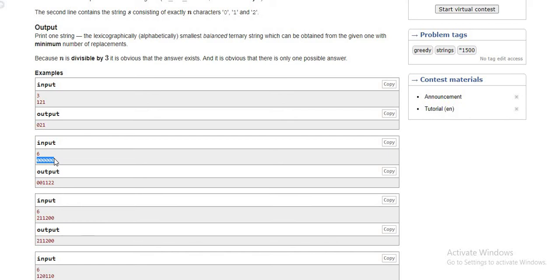Here the length is 6 and I need to split the string into three equal pieces. One piece for the 0 character, second for the 1 character, and the third for the 2 character, that is an equal number of contributions from the 0, 1, 2 characters. If I divide this by 3, I should have blocks of size two.